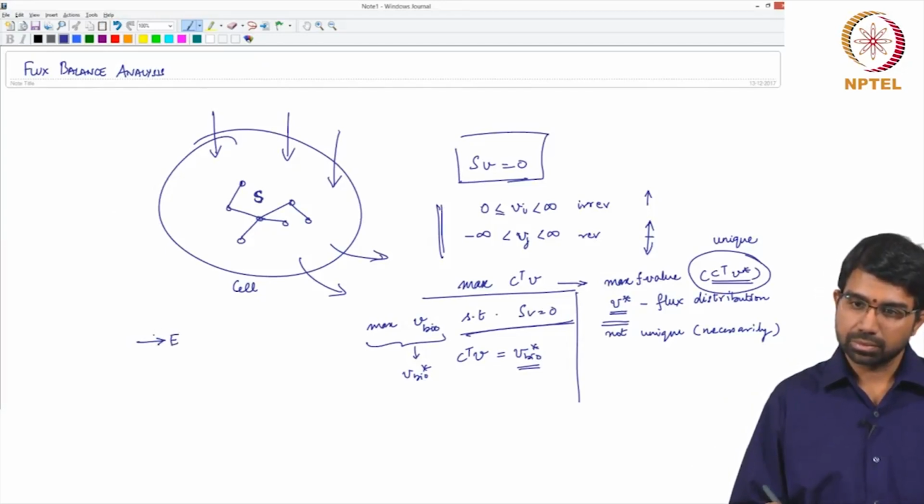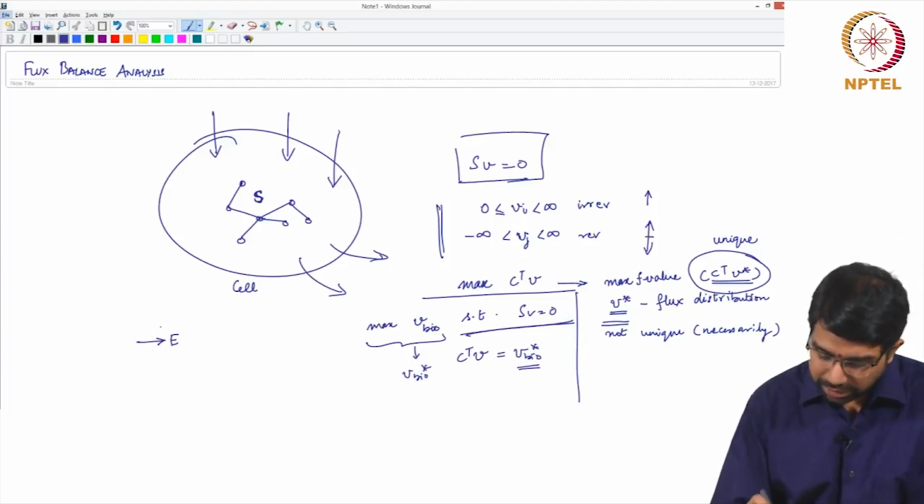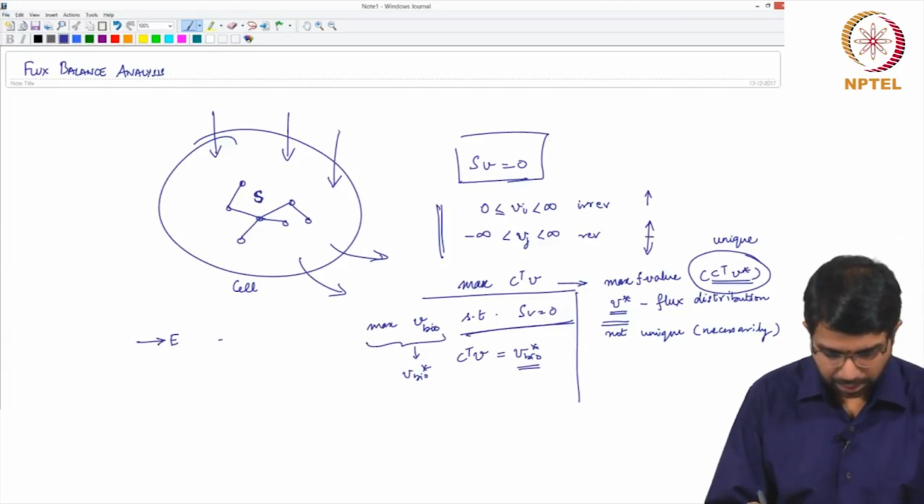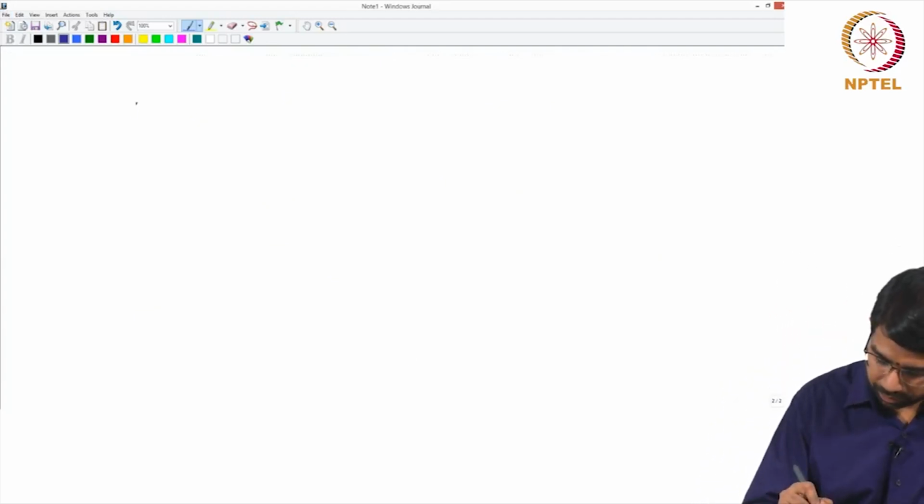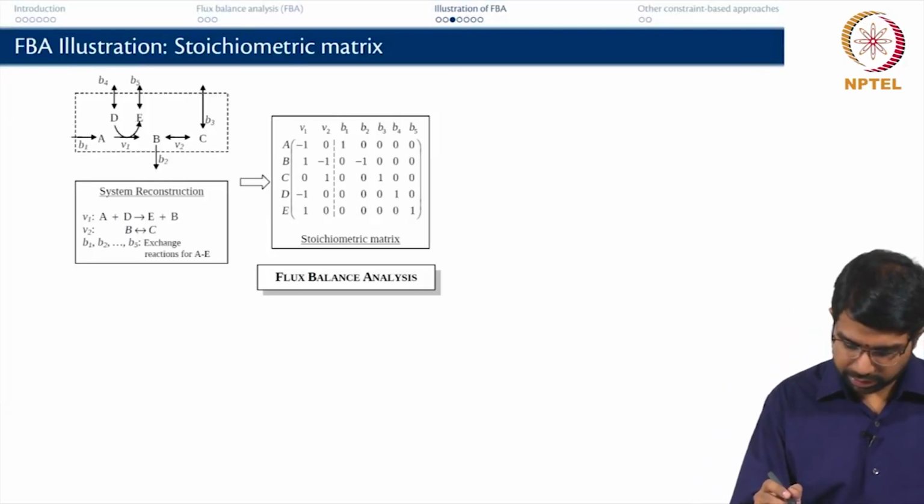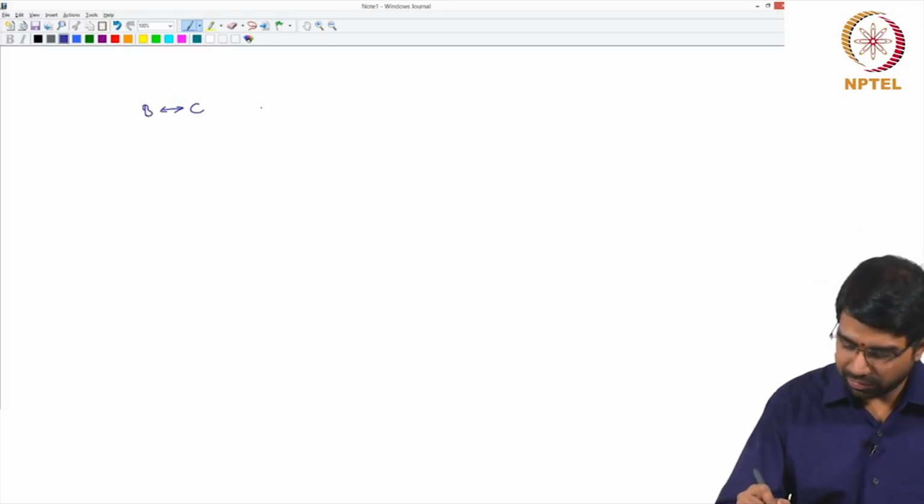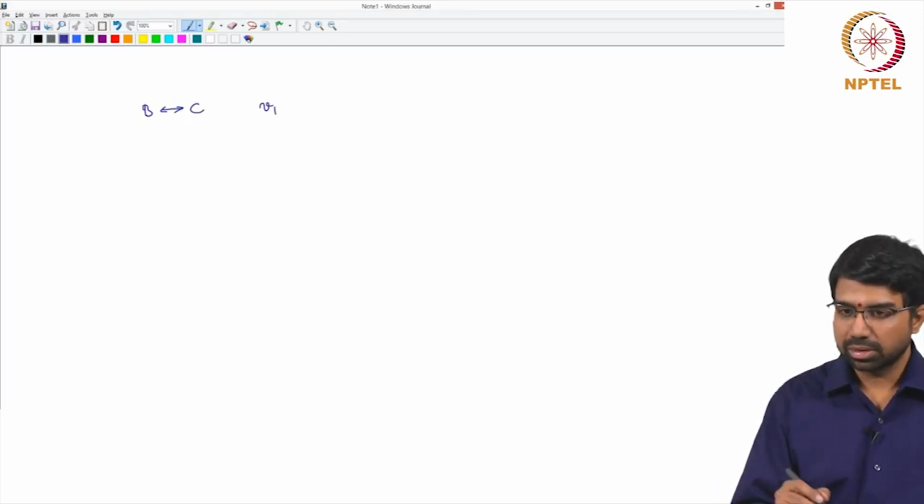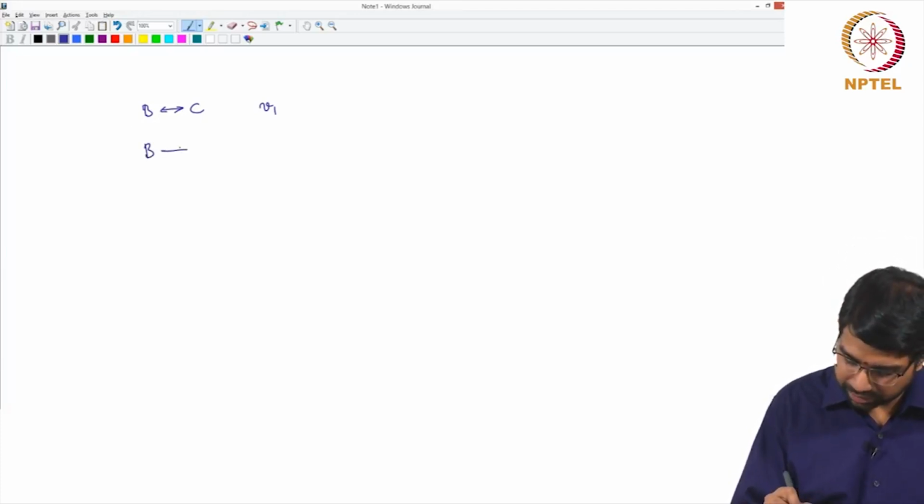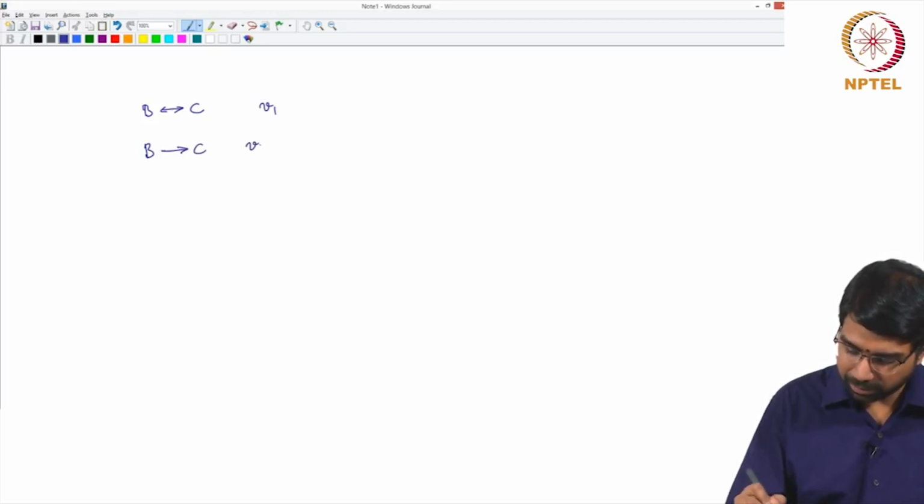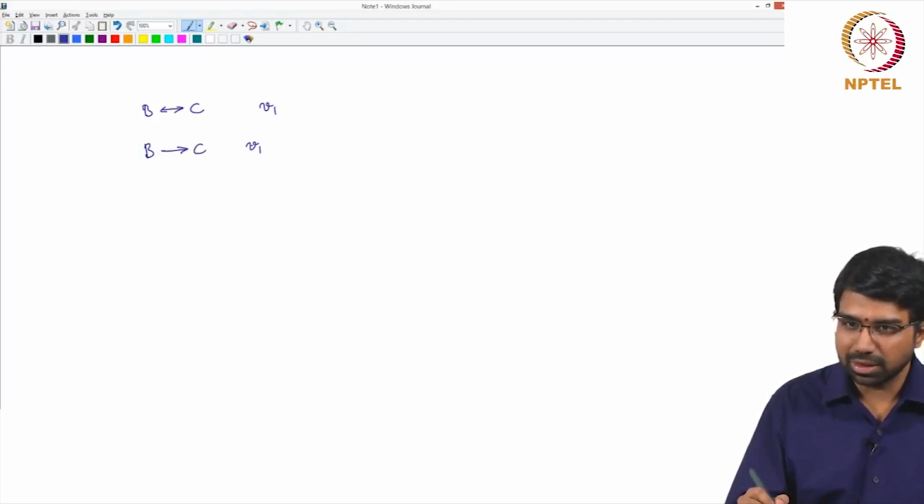So why, if it's only one direction, is it reversible? How do you represent reversibility? So what I am saying is, let us take the same reaction. I have a reaction like this. If I say V1, what is it? Is it the flux for the forward reaction or the backward reaction? So it makes sense if I say that this is a reversible reaction with V1 as the flux,